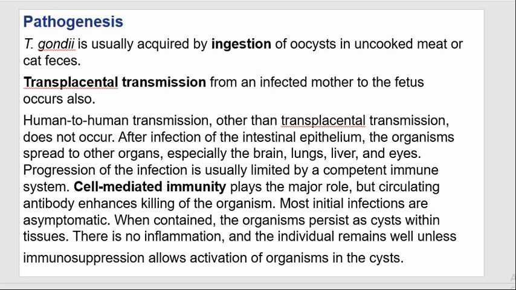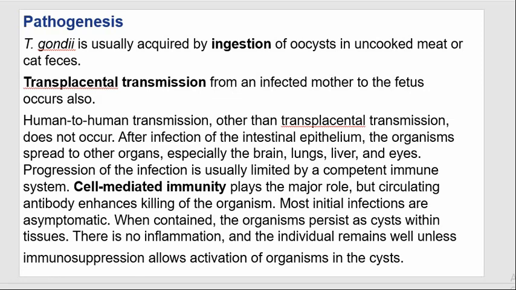بالنسبة للpathogenesis of Toxoplasma gondii is usually acquired by ingestion of oocysts in undercooked meat or cat feces. A transplacental transmission from an infected mother to the fetus occurs also. A human-to-human transmission other than a transplacental transmission does not occur. يعني من الإنسان from human to human ما راح يسبب لي إصابة، لأن يحتاج إلى حلقة وسطية أو حلقة مفقودة وهي دورته داخل الكات. يعني الإنسان إذا مصاب بالتوكسوبلازما ما راح يعديله أو ينقل الإصابة إلى شخص آخر، لكن